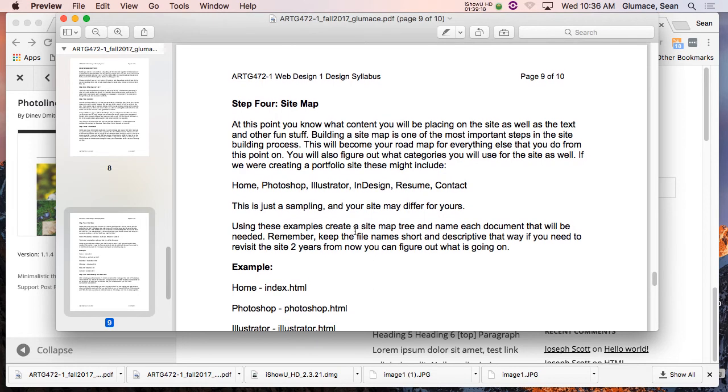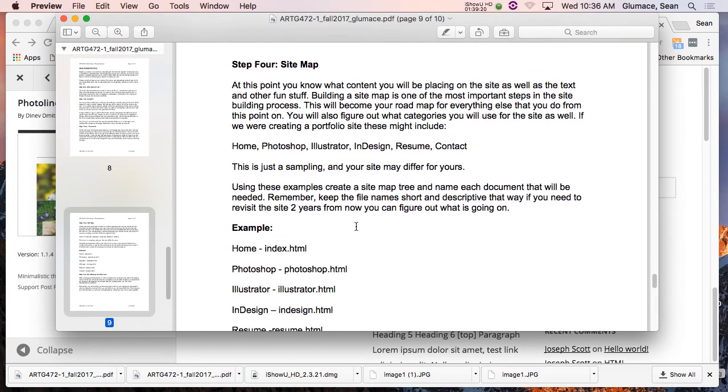Also, sitemap. Now, we're going to do a sitemap. The example that I have here isn't the example we use anymore. It's really this. You need to decide how your site is structured. So do you have pull-down menus? Do you have sub-areas? So if this was my portfolio website, I would have home, and I still use home. I'm a firm believer in it. I hate it when I have a website, I go dig around and look for the logo to click on to get back to the home page. I like to do home and contact. Those two kind of bookend everything else. Or about us too, or an about page.